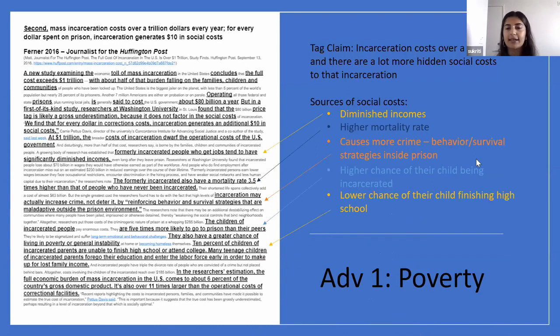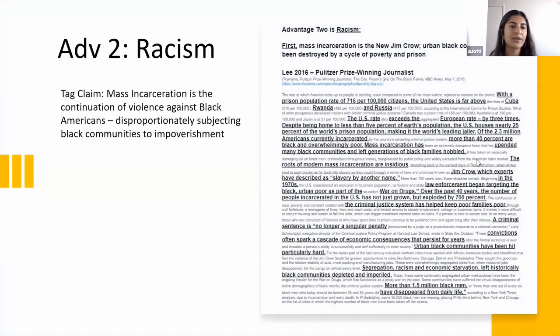And now you can see, later on in the debate, it'll make your argument way more convincing if, instead of just saying, oh, not only is there a lot of costs, there's a lot of hidden social costs, you list out all these reasons teased out in the card. It'll make your argument way more effective because you can say it's because of this, this, and this. So the judge will really get the impact of your affirmative.